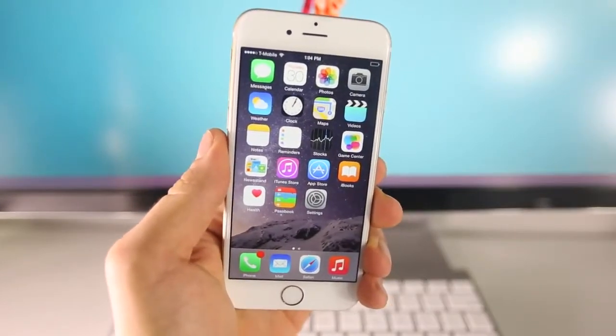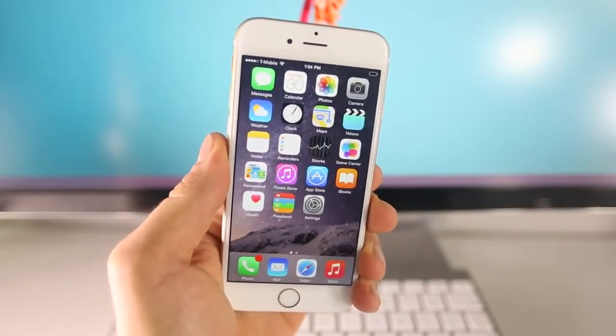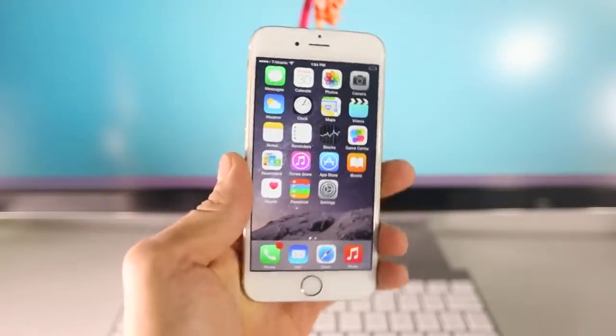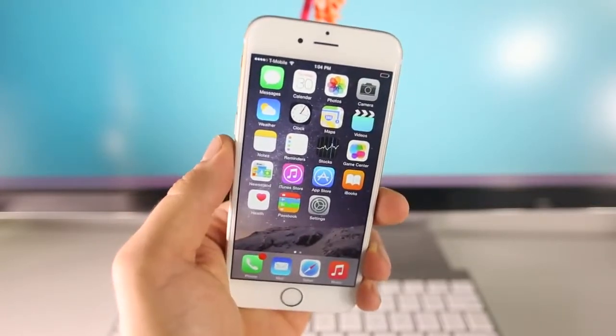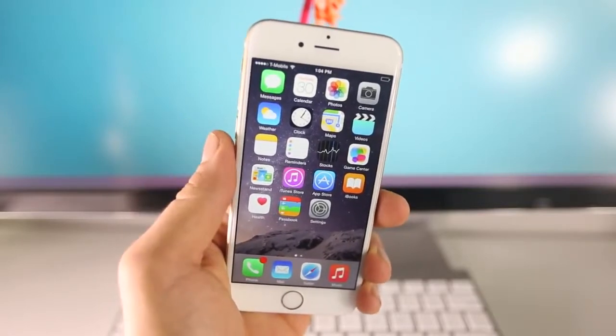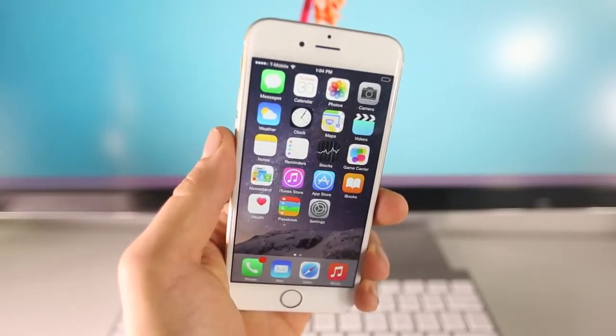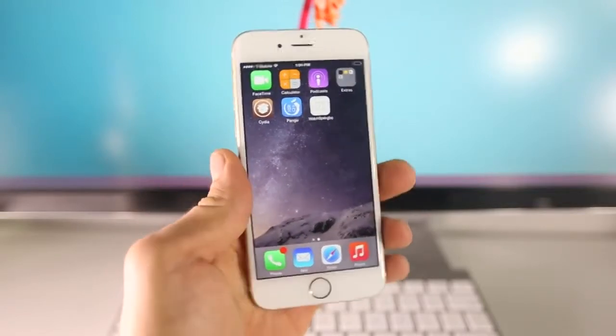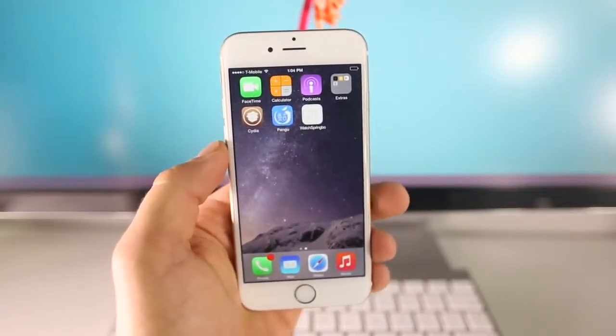Now first off, there are a couple of things I do want to discuss, just preliminary before the jailbreak. First off, why jailbreak? Well, for many people, there are different purposes for jailbreaking. Someone might want to get free tethering. Verizon does charge a $20 fee for tethering your device, while you can do it on Cydia for free, and it's really cool. You can install themes, you can customize your device